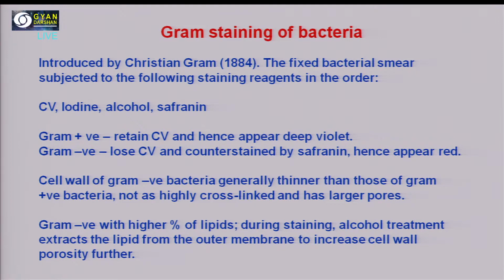Now the principle is that gram positive bacteria retain crystal violet color and therefore appear deep violet. Gram negative bacteria, upon alcohol treatment, will lose the crystal violet and take the counter stain, that is safranin, and hence appear red. Why this difference? Because the cell wall of gram negative bacteria has a thinner peptidoglycan layer, but in addition they have a lipopolysaccharide molecule, which can be easily solubilized by the alcohol,